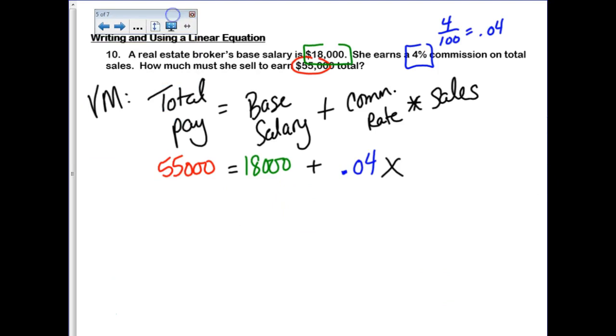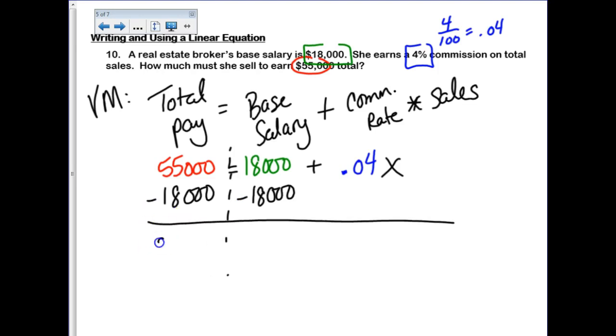Move that out of the way. There we go. Alright, let's solve. So I'm going to subtract 18,000 from both sides. So what is that? 37,000 equals 0.04x. So now dividing both sides by 0.04, and this number should be pretty big because what we're solving for